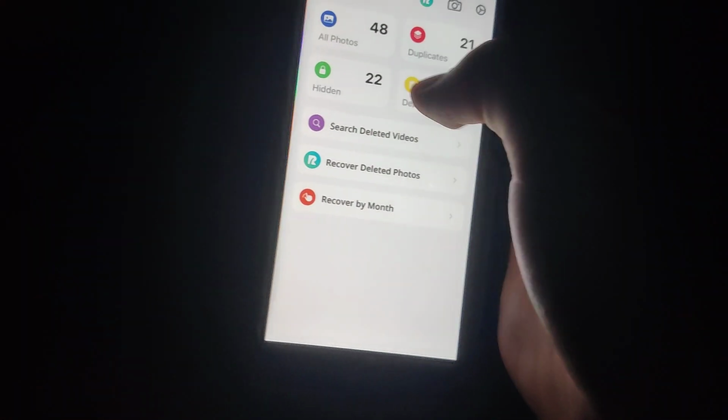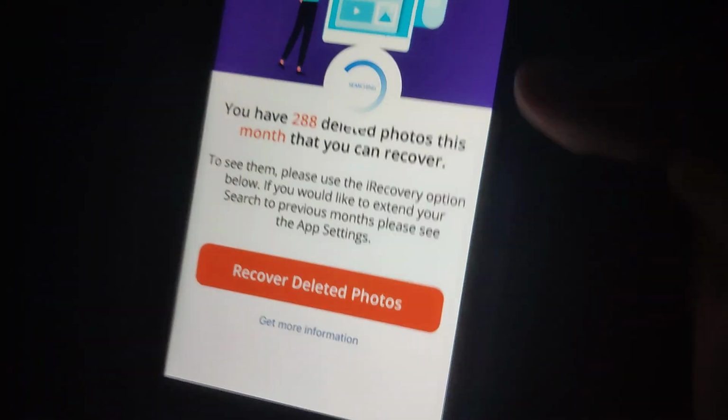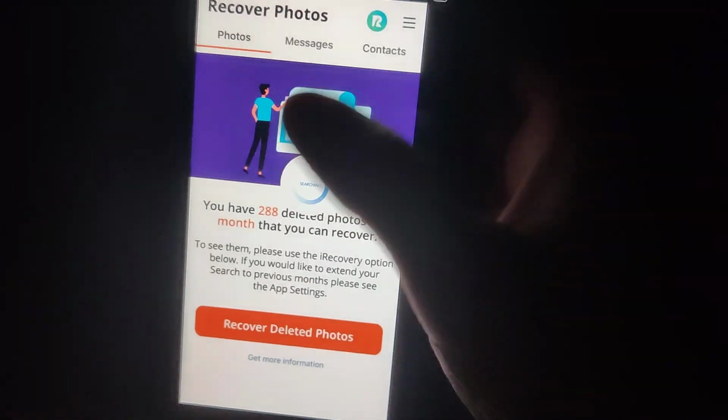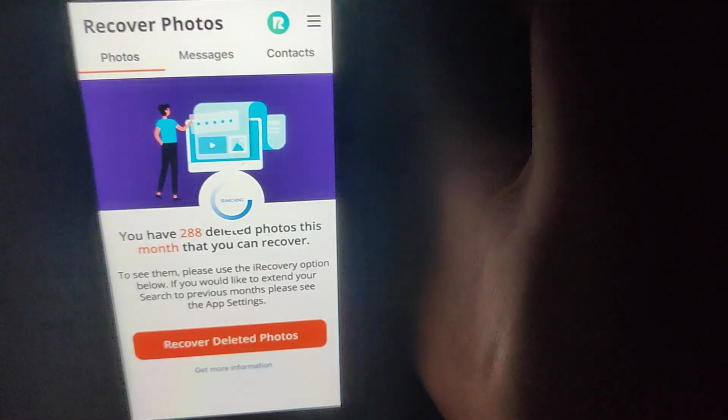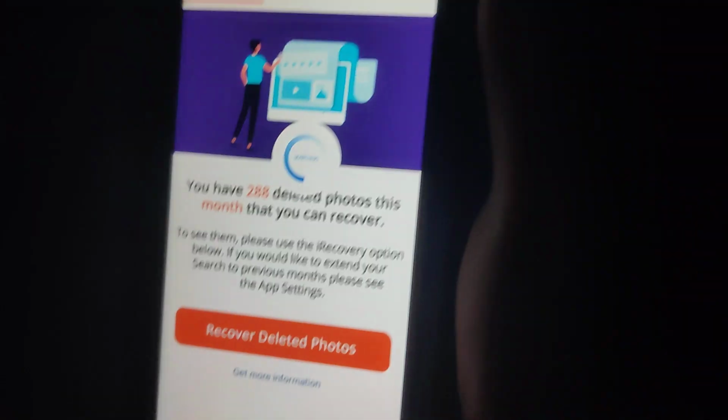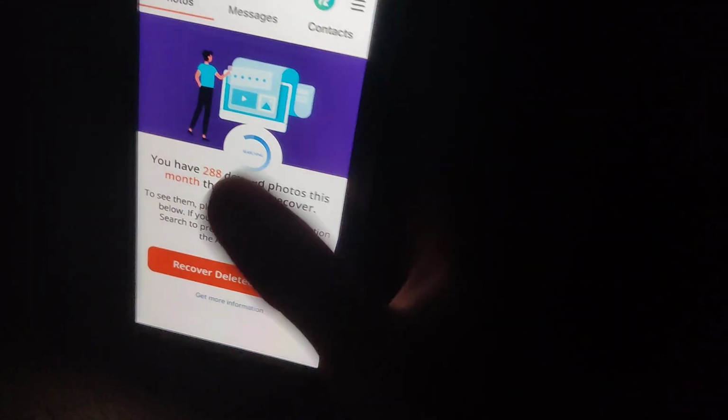So this app I'm showing you guys how to download is not in the App Store, and I'm able to recover 288 deleted photos. These are photos that are not in the recently deleted, they're just straight up gone, and I'm getting them all back. So watch. Look at this madness. Oh my gosh, guys. Wait. It hasn't loaded yet. No, I got all the photos back,